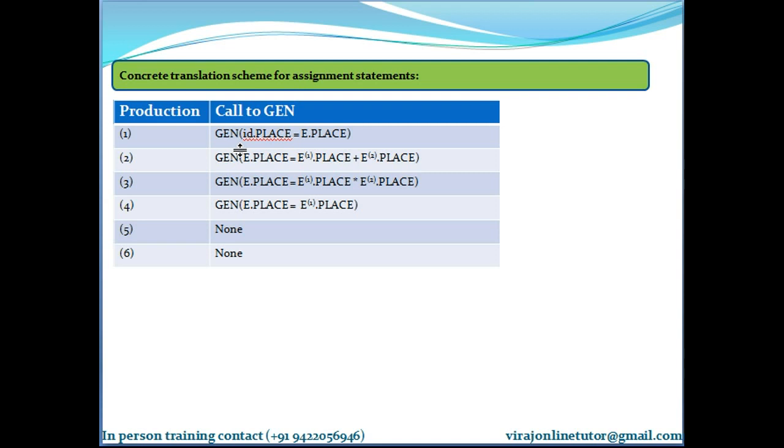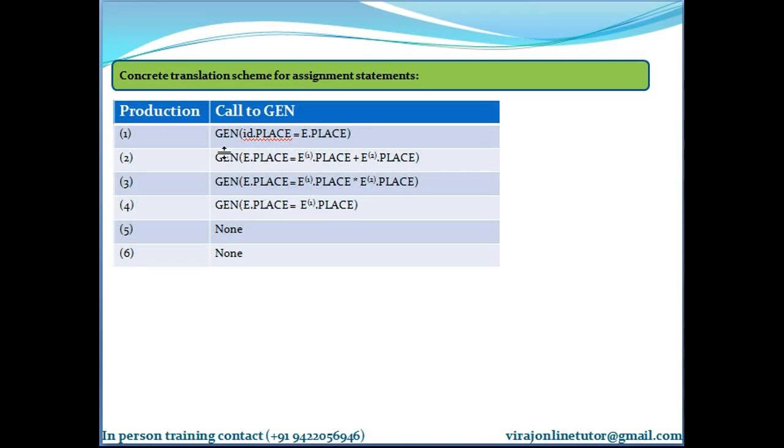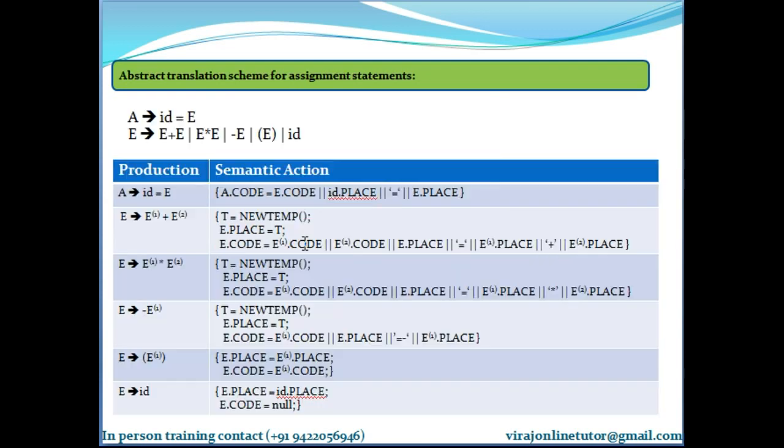Okay. So what was the first statement here? First statement was this, and this was the semantic action associated with it. We were doing assignment to A dot code. So that has been removed now with calling gen. So in gen, whatever is E dot place, I assign it to ID dot place. For this expression, whatever is E dot place, I assign it to ID dot place.